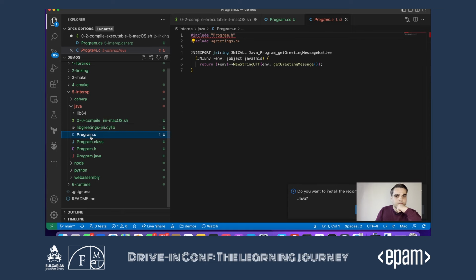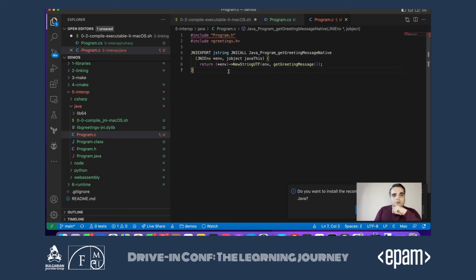So we can create a small C program that includes our header. Remember, this is the glue code. So we're going to link into our greetings header signature. When we build this code, we're going to link into the library, and in the glue code we need to say what happens. Essentially, we're going to return a new UTF string, and that will be coming from get greetings message from our shared library.